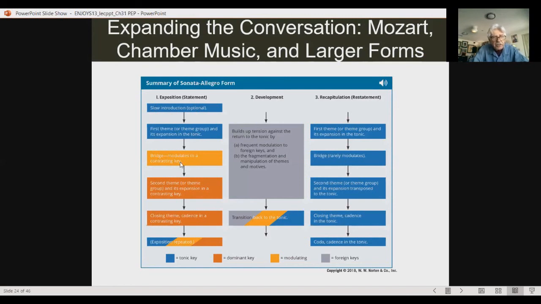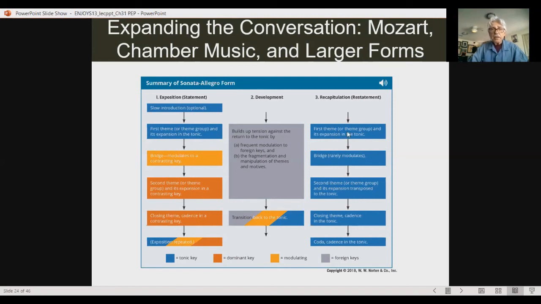So when you heard that Sammartini, did you notice that section with all the chopping that's going on? It's like, well, there's no thematic material, it's just action, and we're going someplace. That's the bridge. And then we get to that cadence that comes in, and all that is the theme two. And sometimes there's closing thematic material, but a cadence, end of the exposition, and then the whole thing is done again, right? So then we do that, and then we start the B section, which is the development section, right? And we're in that related key, and then we come back, and usually there's a cadence, not always,